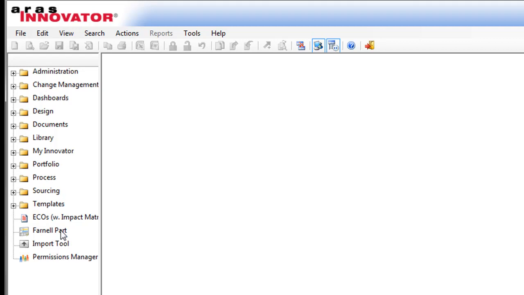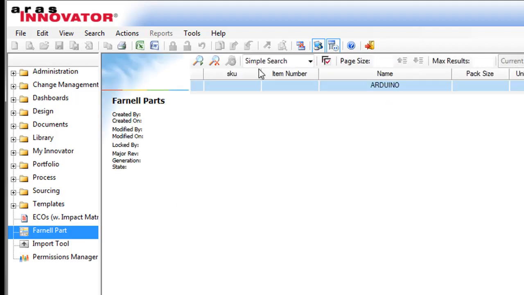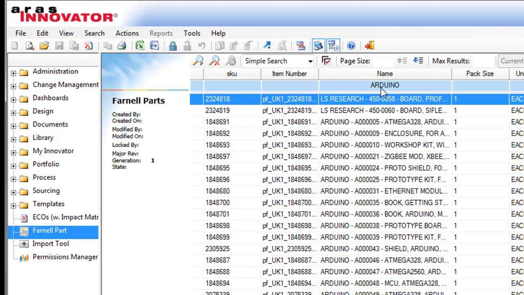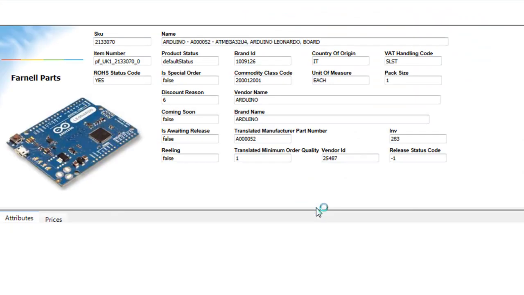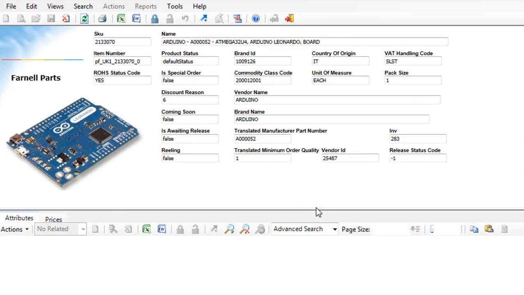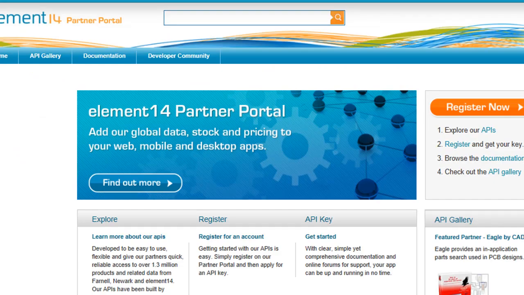And we've added, as a development, an item type called Farnell parts, where you list the article, so you can run some queries in here for an Arduino board. I will look for one of these. I will open this, and it's all queried from the web service that is described here